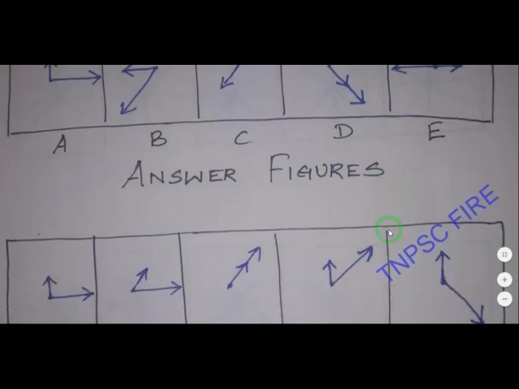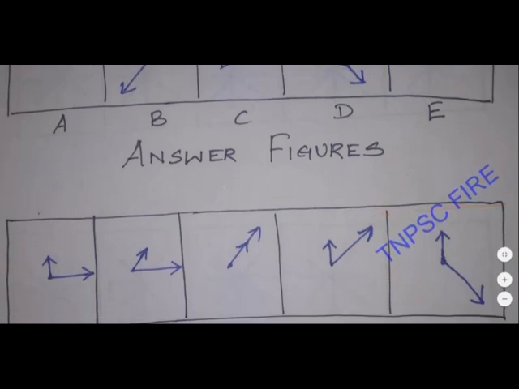Next it will come up, no? So how many numbers are there? Here, no? Here 1, 2, 3. 3 lines are in between B image and C image. Okay, so there is a 3 line in between B image and C image. Here 2 lines between C image and D image. So 2, 3, 2, then 3. 3 will come, no? Then 2. 2 will come, no? So answer figure is 2. 2 is the answer figure.